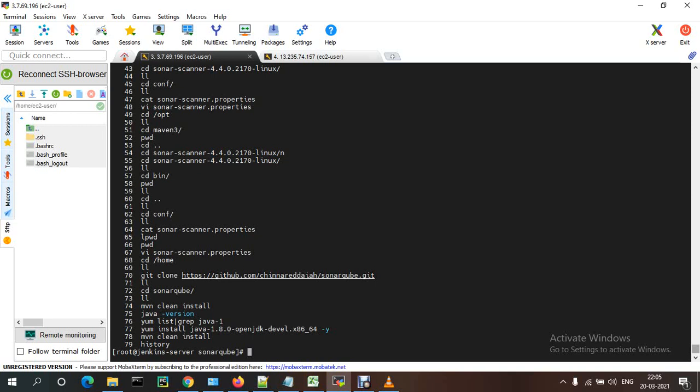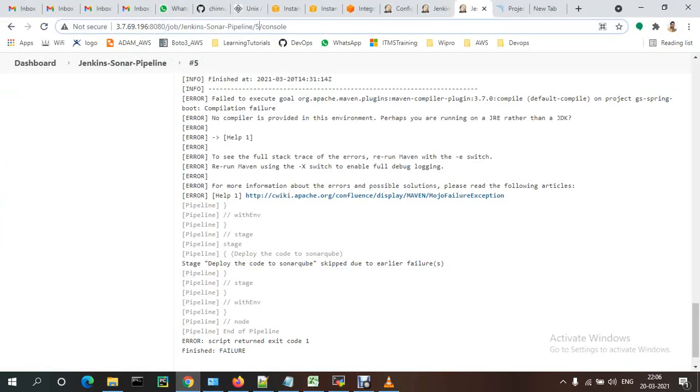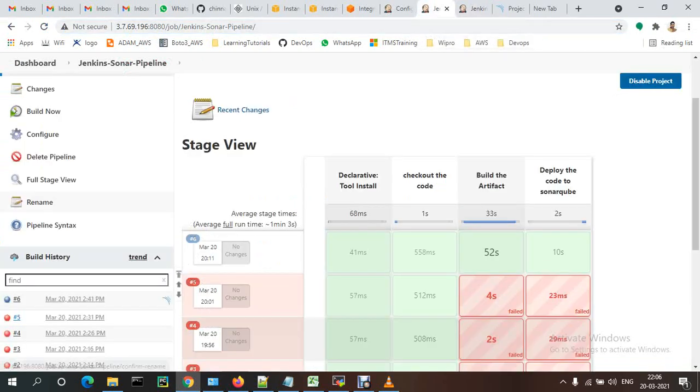So I found that there was some issue with Java. So I just reinstalled Java, and after that, when you run Maven clean install, it should be successfully installed. So now even here the build is getting success. See, when I did the build, it is getting success.